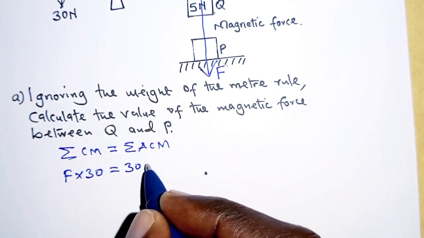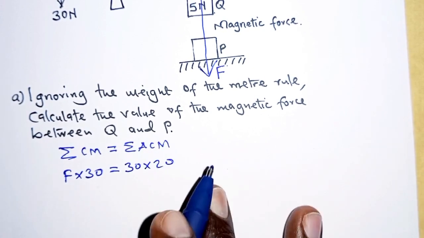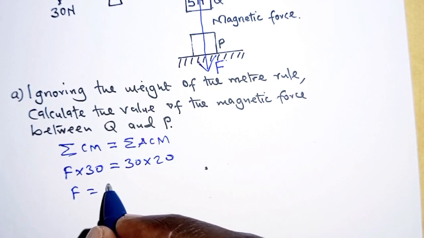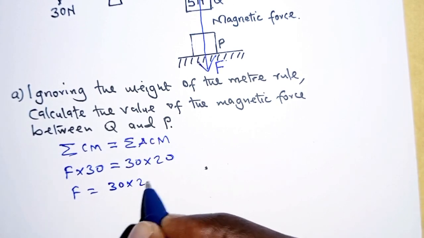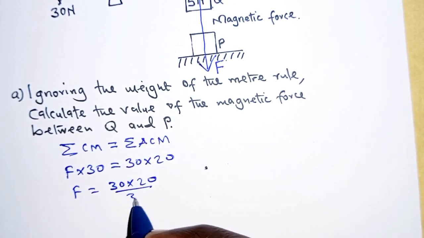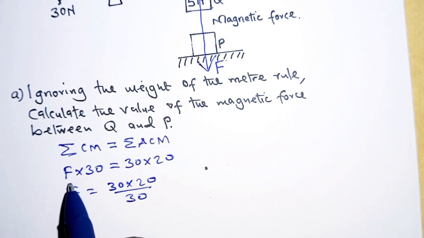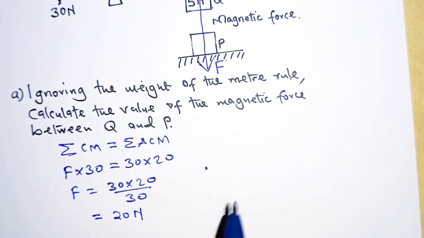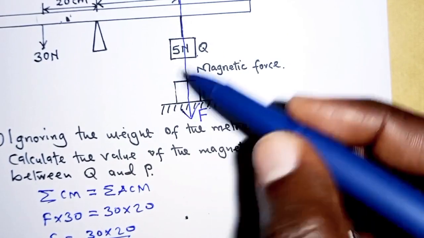So 30 times 20. Here we'll get the force as 30 times 20 divided by 30. Remember, we're dividing both sides by 30 to get F. So F is 20 newtons. So that is the overall force acting on this side